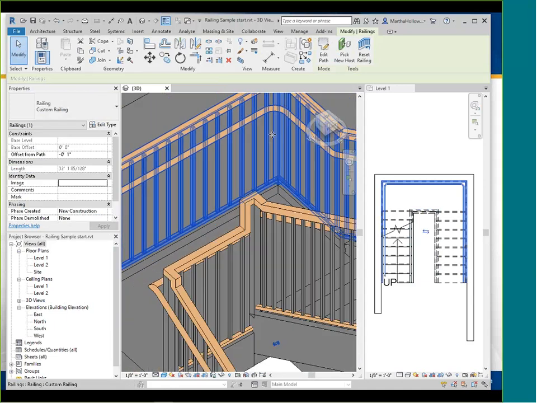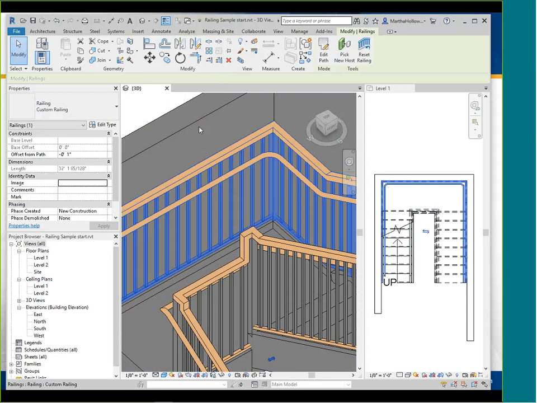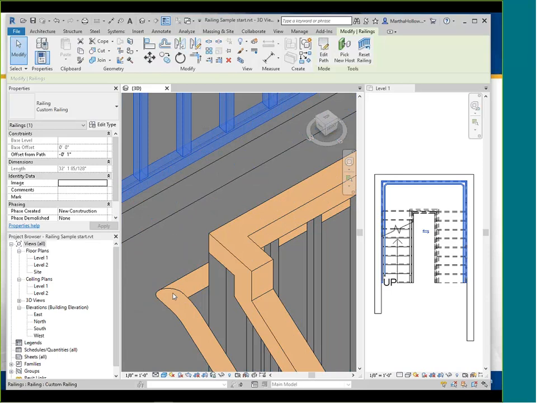So this is a better example of where the fillet is showing. So here's my railing coming around with the fillet. It does not work on the top rail with the posts there, just so you'll know. Again, some of these changes you just have to do a little bit of finagling around. But you can see that there's that fillet there. This one I might have to have a bigger fillet, or